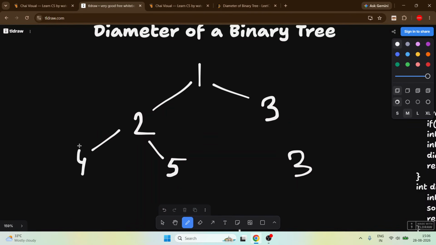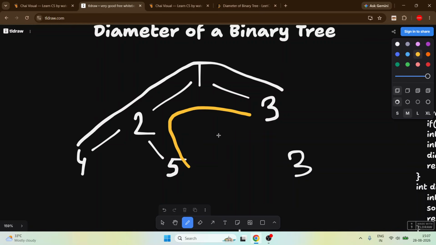The longest path is from this 4 to this 3, and another one, let's take a different color, from this 5 to this 3. So we have to calculate the number of edges. Here 1, 2, 3. And I just change the color: 1, again it is 2, and it is 3. So the longest path is 3 and our answer, the diameter, is also 3.